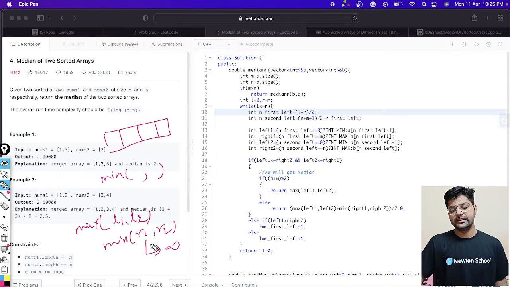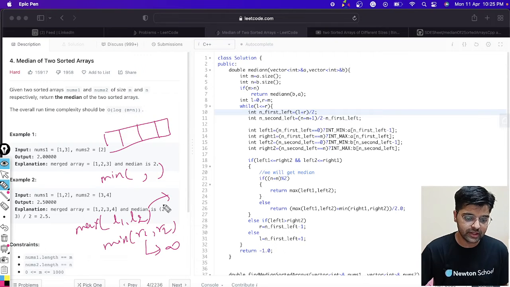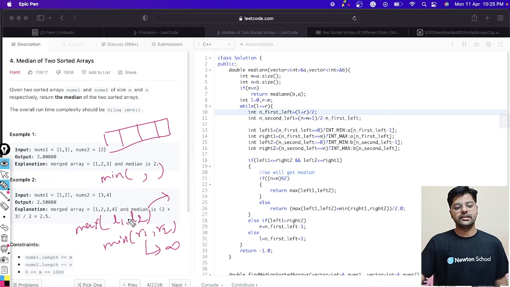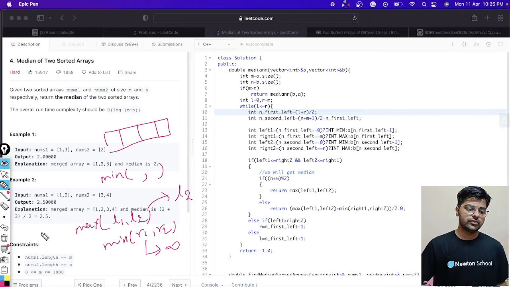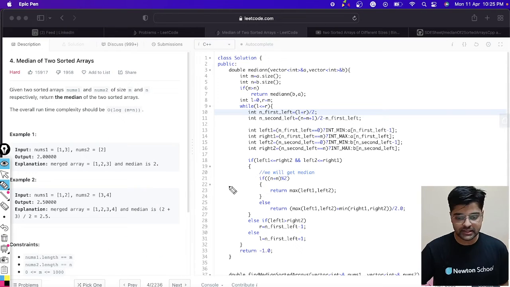In that case, the minimum we get, if R2 is not present, is R1, or vice versa. Similarly, if L1 is not present and we consider it as int min, then we will get L2, right? So for that purpose we have taken int min and int max.